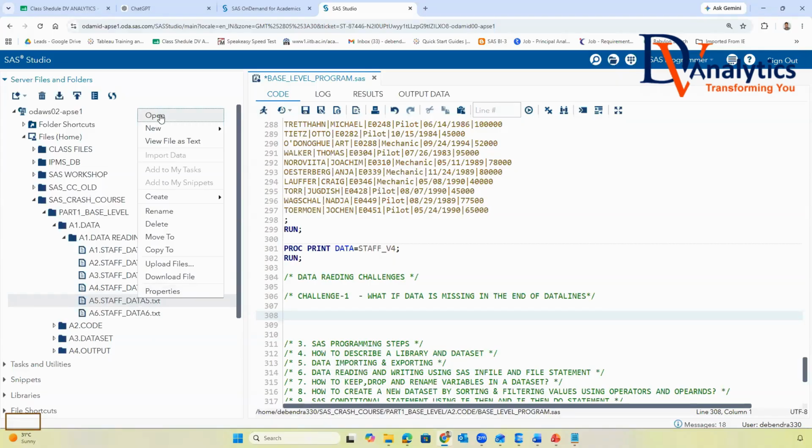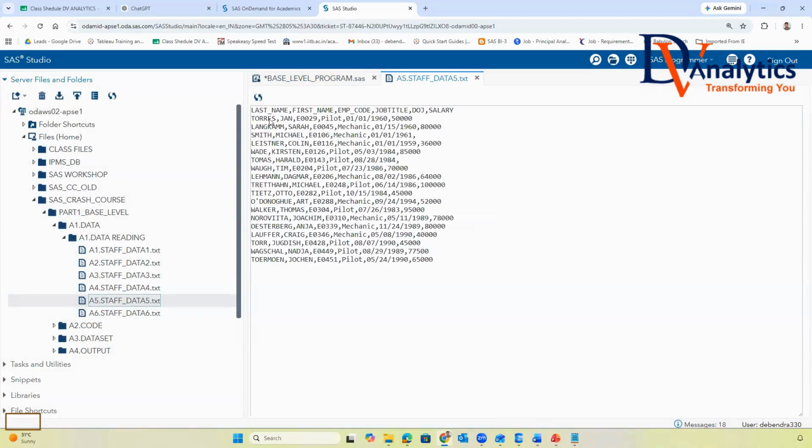Look here. If I open this data, last name is given, first name is given, employee code is given, job title is given, date of joining is given, and salary information is given. Perfect. All the information in this line is given here, but the third line, Smith, Michael, employee code, job title, date of joining is given, but the salary information is missing.